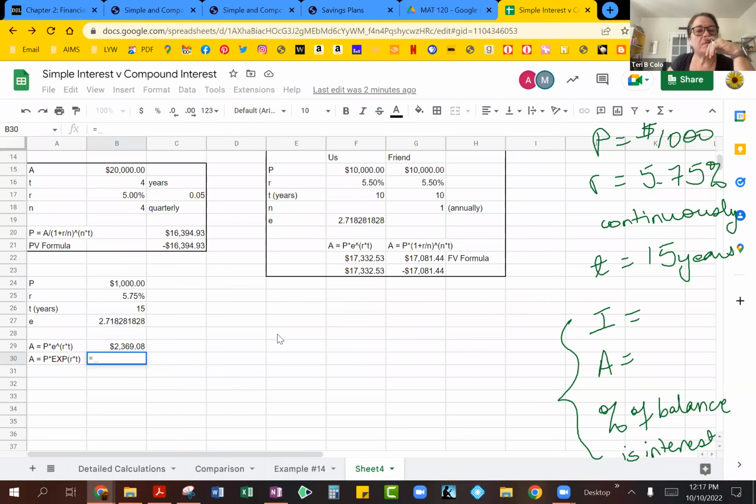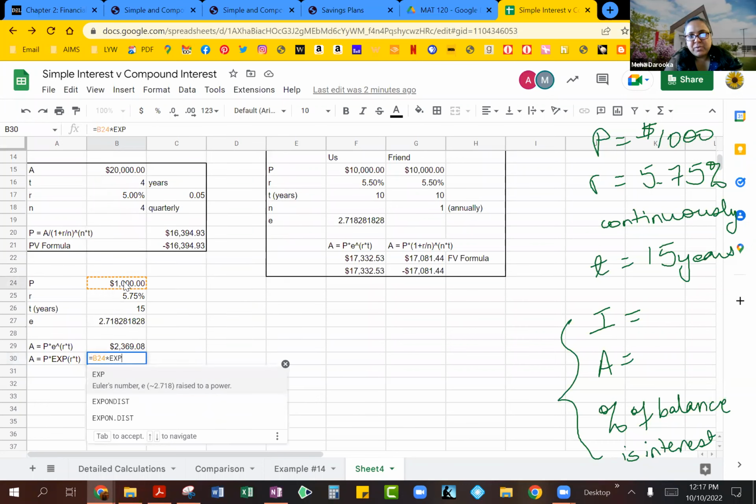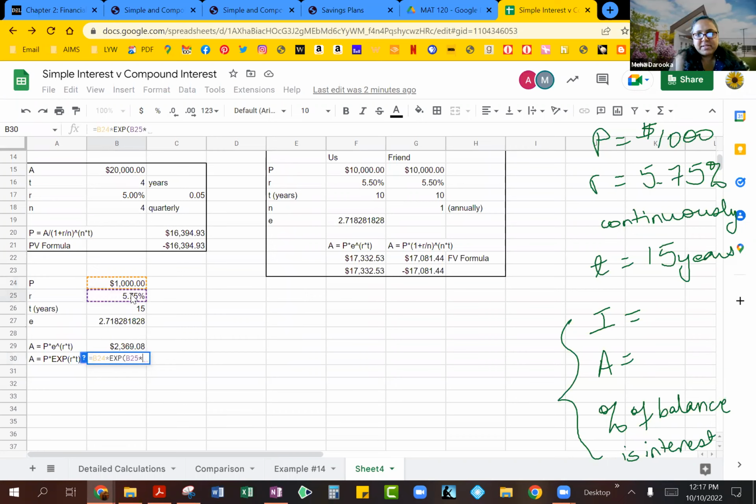Okay, guys, while Terry is still trying to figure that out, let me just show you if you were using the built-in EXP function. The only difference is you don't use the caret symbol. So you would click on your 1000 where the principal is, multiply, and then this is where we use the EXP built-in. No caret necessary, just do the EXP, and then in the parentheses, we would do our rate of interest, 5.75, multiplied by the 15 years, close parentheses, and of course, you should expect to see the same